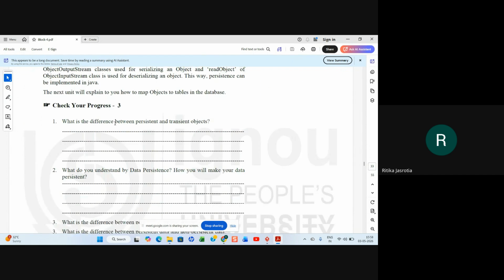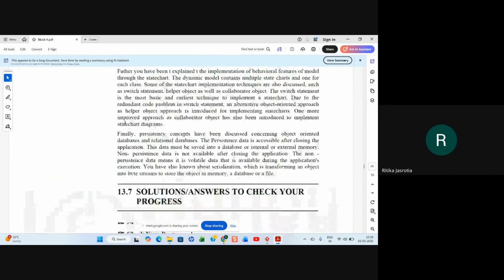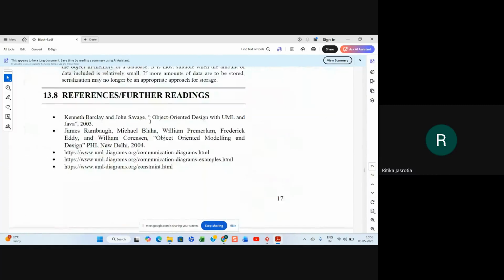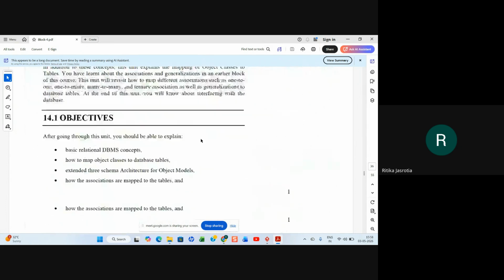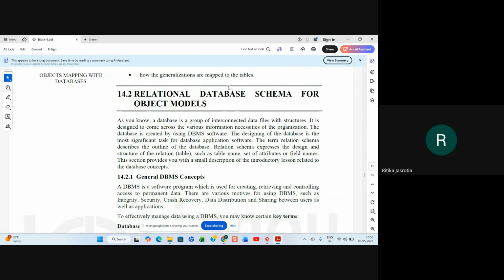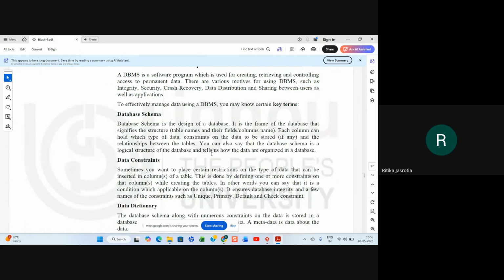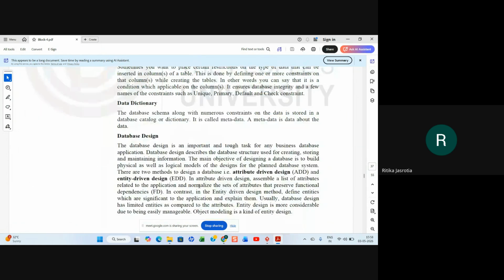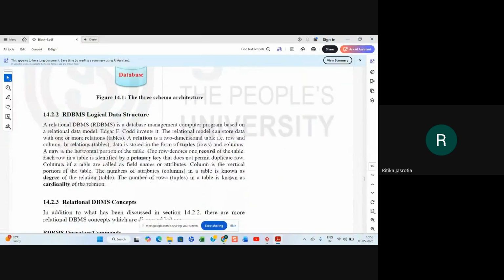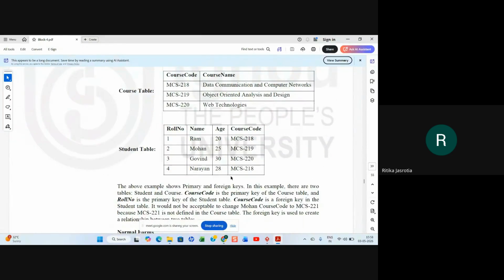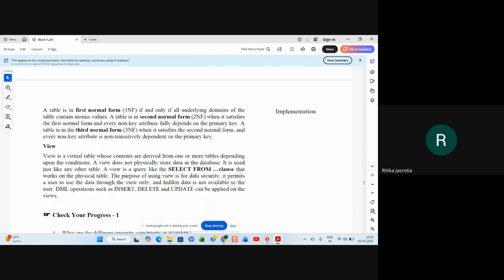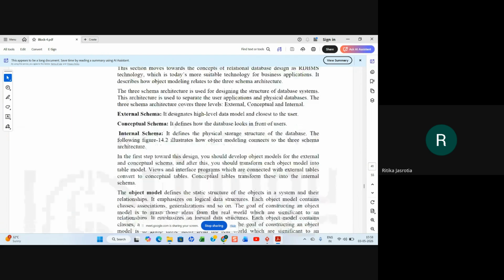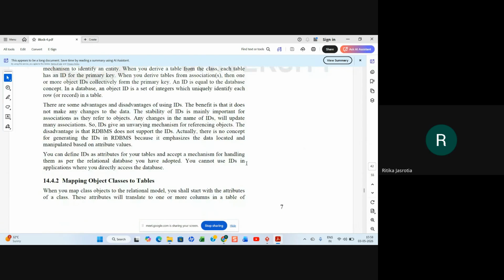We will talk about that in our practical sessions. We have practical sessions; I'm just going through certain things which I wanted to show you. If you have to do object mapping with databases, you should know, and some of you must already know, what a DBMS is, what a database schema, database constraint, and data dictionary are, and the different primary key and foreign key concepts and all that. I'm not talking about that. We are just saying, suppose you have two tables here, a course table and a student table, right? Suppose you have this kind of a thing. I'll just show you.